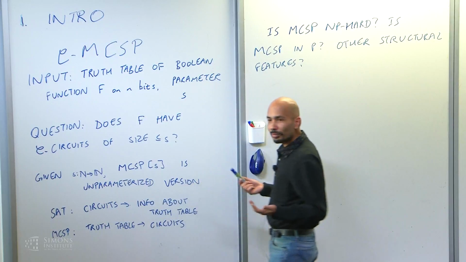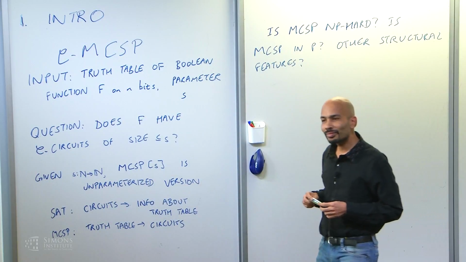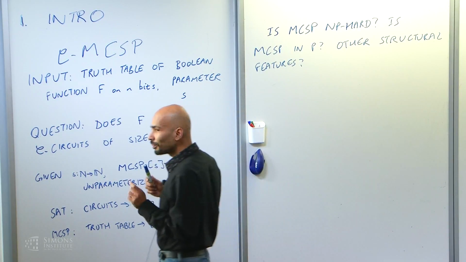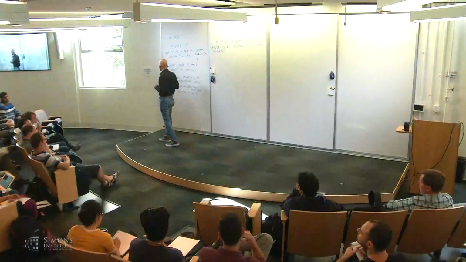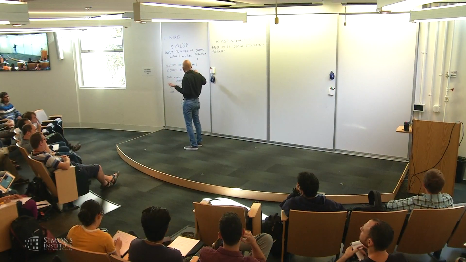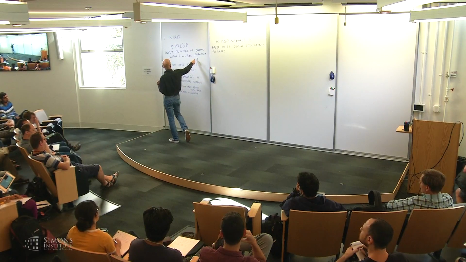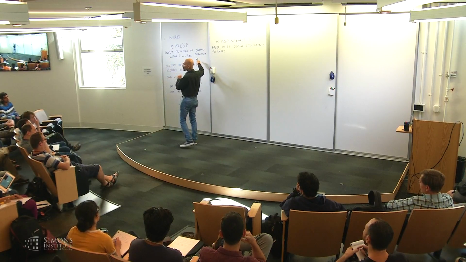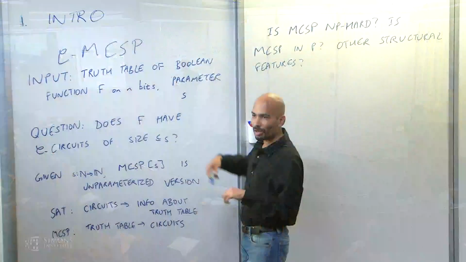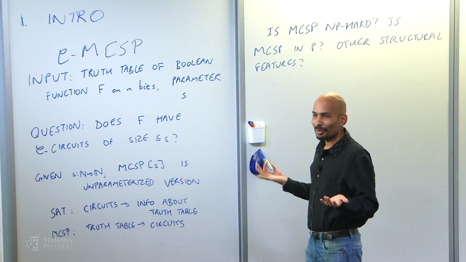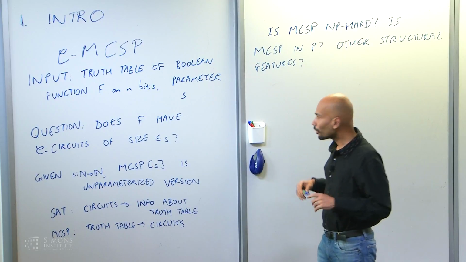In particular, if S is small, then you can do this. Exactly, finding 2 to the S times 2 to the n. Right, exactly, or 2 to the S, or 2 to the O tilde of S. So it's really an FPT in some sense. If you think of this as a parameterized problem, and S is a parameter, it's an FPT because it only depends exponentially on the parameter, not on your input.